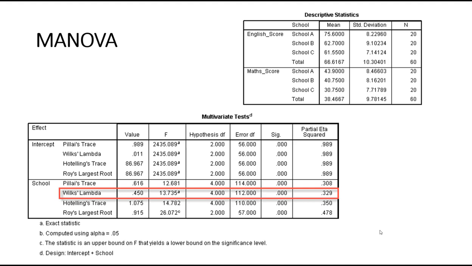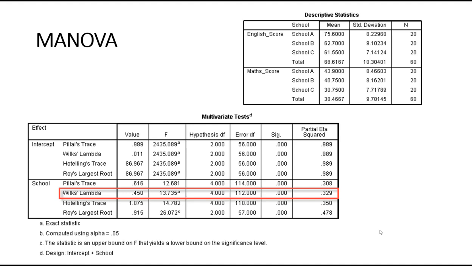The first important one is the descriptive statistics table shown at the top right of this slide. This table is very useful as it provides means and standard deviations for two different dependent variables, English and math scores. These dependent variables have been split by sample categories determined using the categorical independent variable school, or which school the student attended. In addition, the table provides total rows summarizing the means and standard deviations for all schools for